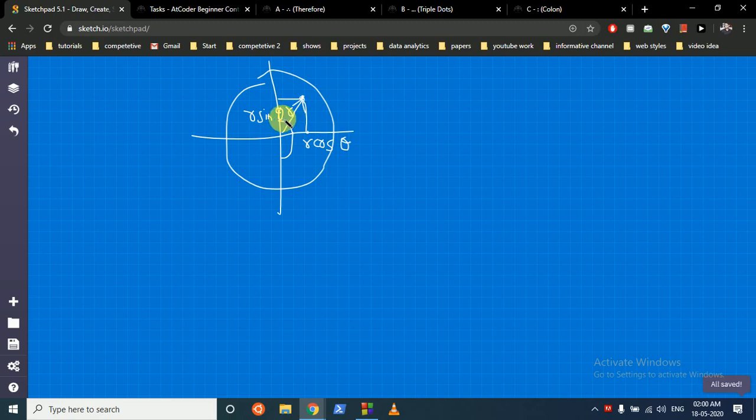and this is r sin theta. Okay, so now this theta, if we take only this theta, in the first quadrant it will be both positive and positive, in the second quadrant it will be positive, negative and so on. So what we can easily do is we can find out the theta for both the hour hand and the minute hand, and then we'll find out the coordinate position of this hand.